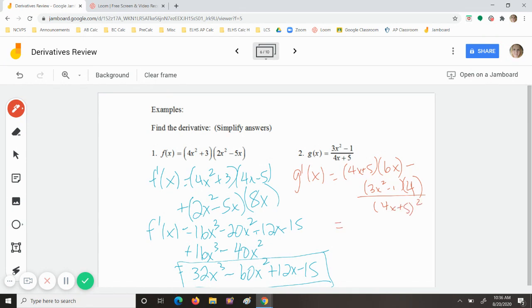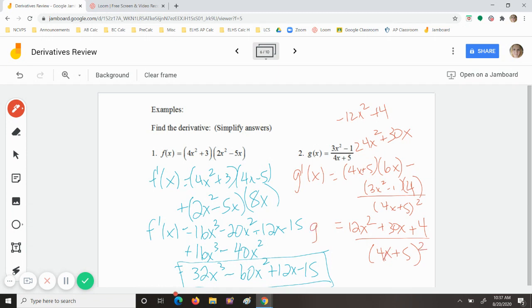Okay. Let's try to simplify down. I'm going to take a look at what this would be up here. 4x times 6x gives us 24x squared. 5 times 6x gives us 30x. 4 times 3x squared, we're going to subtract 12x squared. And then negative 1 times 4 is a negative 4, but we have a minus out front of that, so we're going to be adding 4. So let's combine: 24x squared minus 12x squared leaves 12x squared plus 30x plus 4, all over 4x plus 5